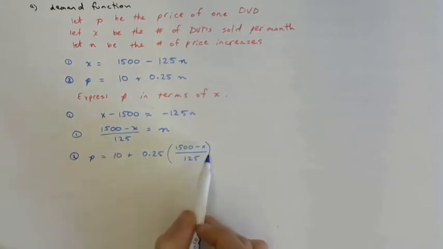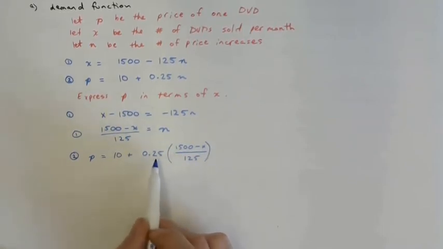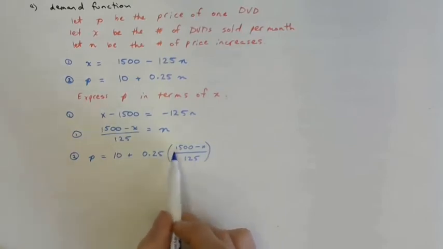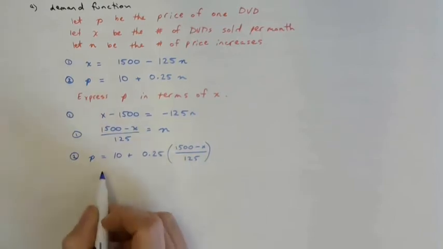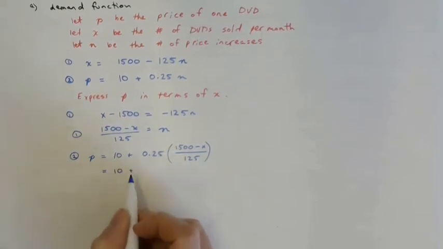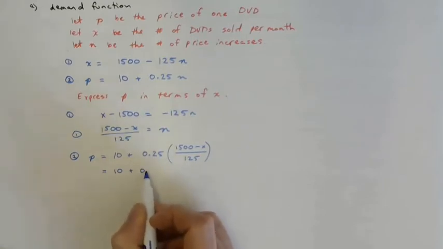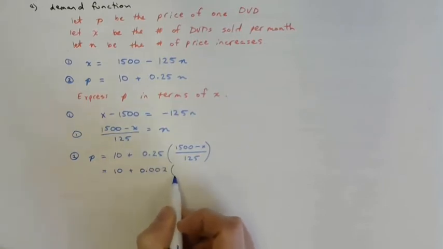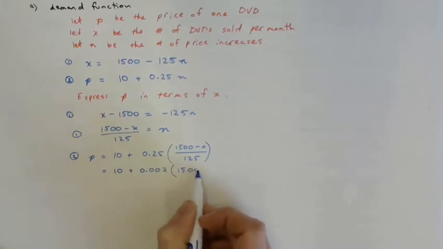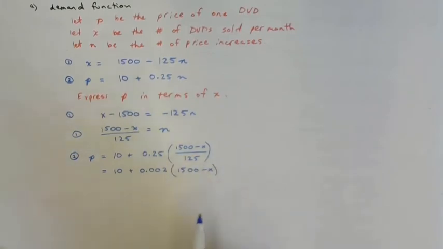0.25, so multiplication is commutative. This is 0.25 times both of these things. We could distribute it into the numerator, or we can just divide 0.25 by 125 to lose this denominator. So we got 10 plus 0.25 divided by 125, which is 0.002 times our bracket 1500 minus x. Now we can distribute